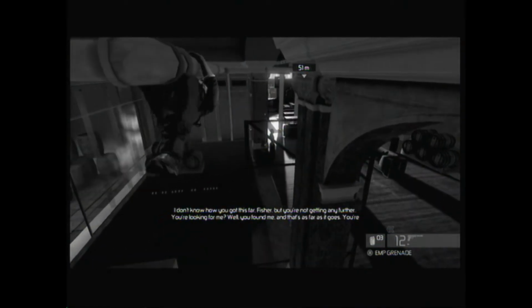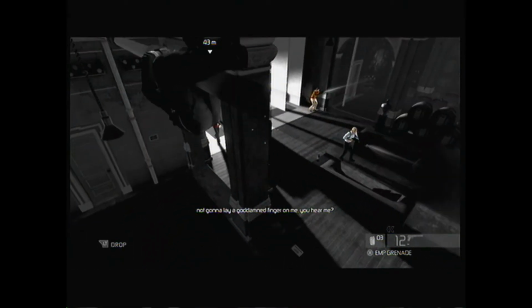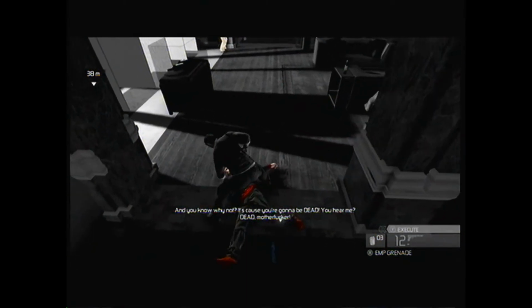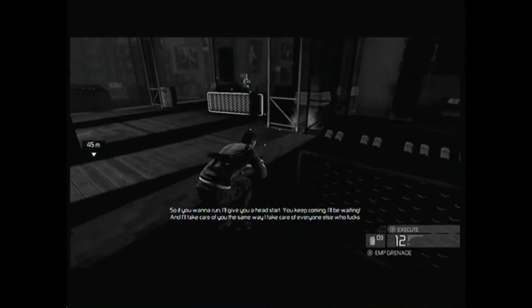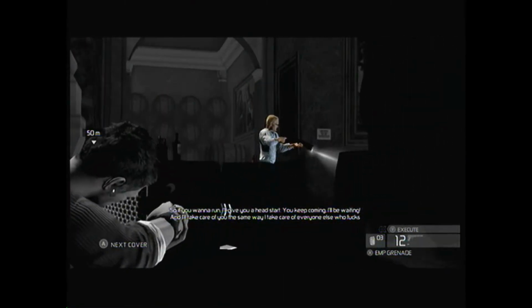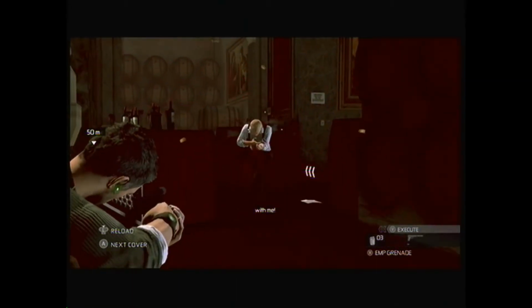There's going to be 3 guys coming down here. We are going to drop on this guy to get the execute. Alright, we got the execute. I wouldn't suggest using the execute on these 2 guys, simply because they kind of stand around and wait for you to shoot them in the head. They're complete idiots, but you have to be kind of...